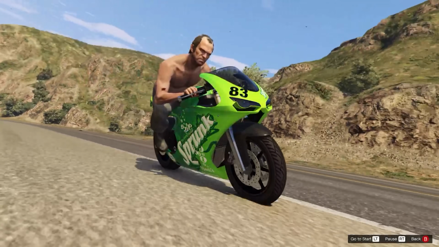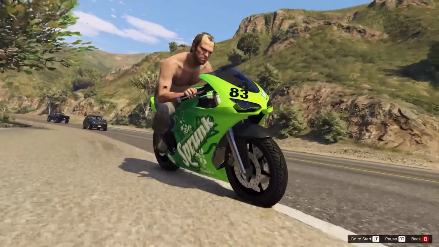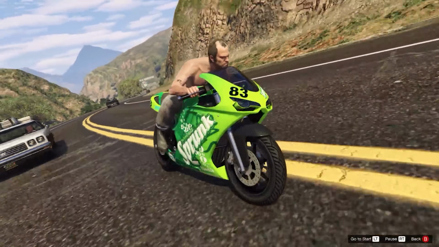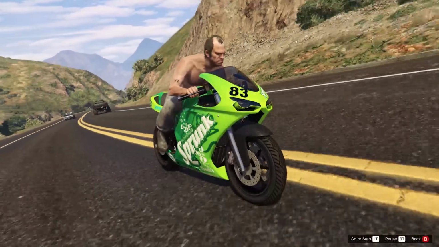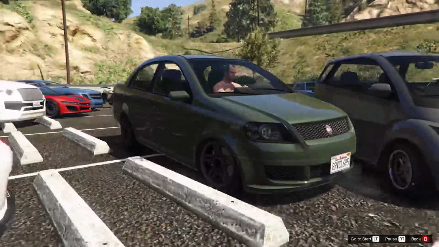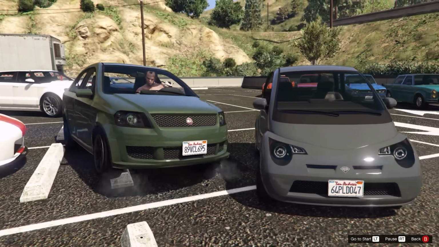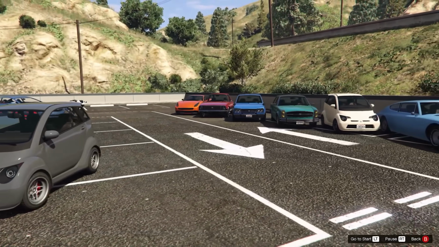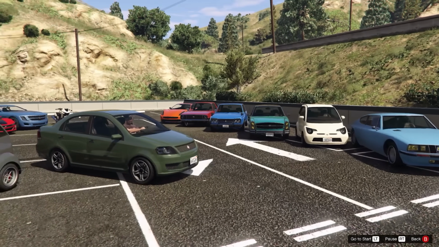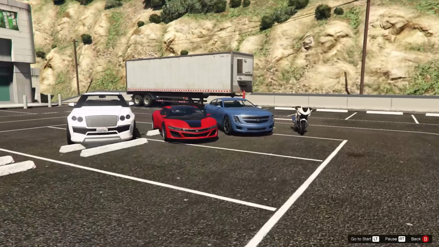This was just one of a few traffic changes that took place in 2014 and 2015 when the expanded and enhanced edition came out for what's now considered old-gen consoles. The ASIA was the only 2013 car that was added after the fact during this time. This was added alongside prior DLC cars including the Pagali, Panto, Glendale, Warner, Rhapsody, Massacro, Alpha, Jester, Thrust, and the